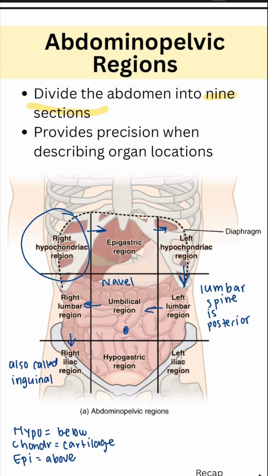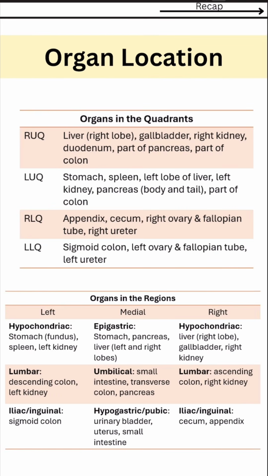And in the inferior middle is the hypogastric region. Hypo means below, and gastric refers to the stomach. So this region is inferior to the stomach and centrally located. Finally, lateral to the hypogastric region on the patient's left is the left iliac region, which is also aligned with the iliac bone. Understanding which organs are found in each quadrant and region is essential for Anatomy and Physiology 1